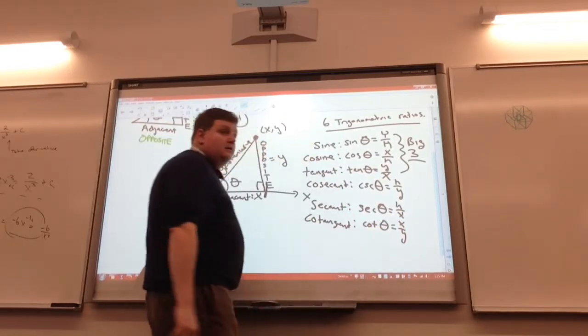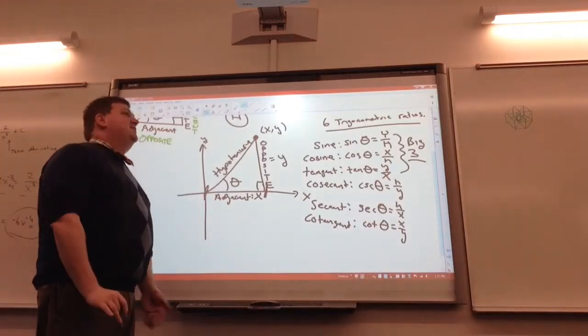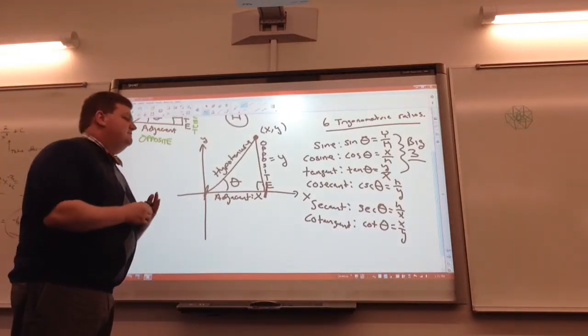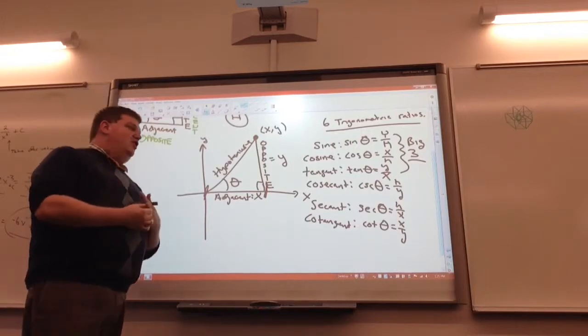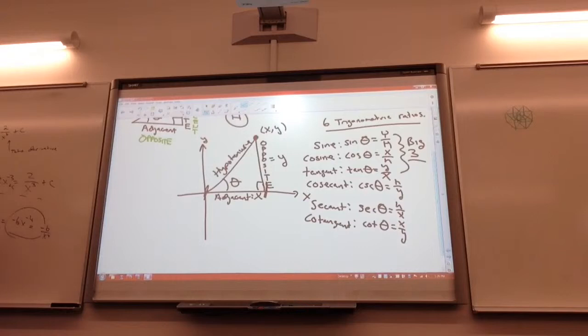Cotangent. Again, don't say cot. Cot theta, people say that. Sine, cosine, tangent, cosecant, secant, and cotangent, and that's what they're all equal to. Now, to give you an example of how these things are used,